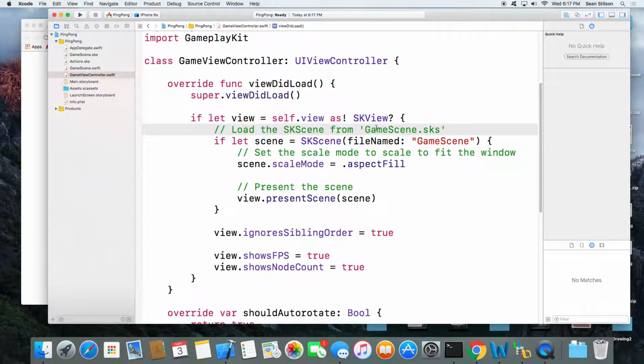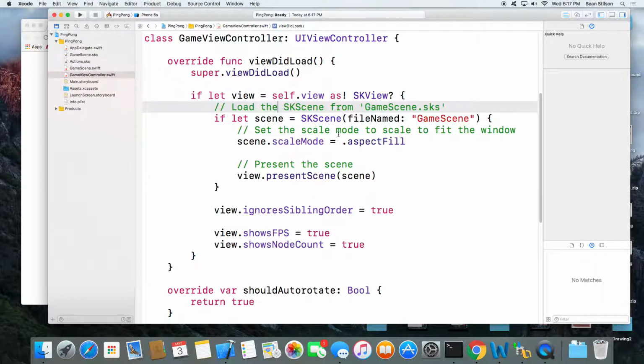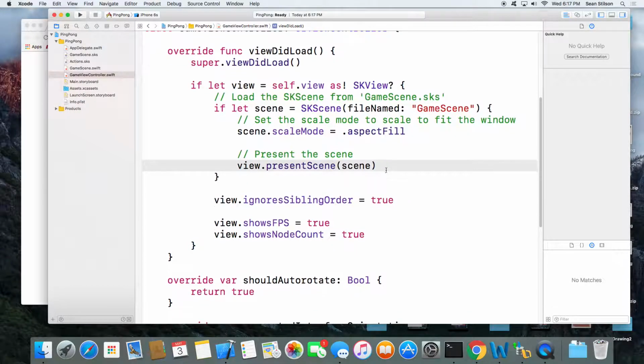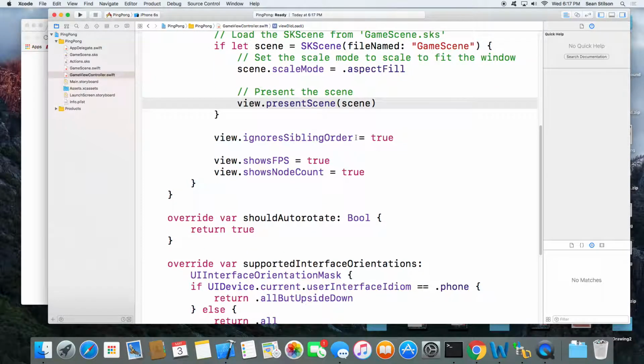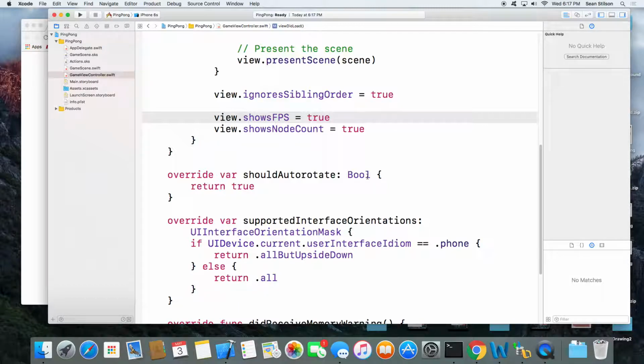And with the SKView, you create an SKScene, and the SKScene is basically the canvas upon which you paint your game. So the SKScene is the main thing that you work with. It has a few settings here, like the one that shows frames per second, so you'll notice that's a built-in thing. When we first build this, it'll be displaying the frames per second count.